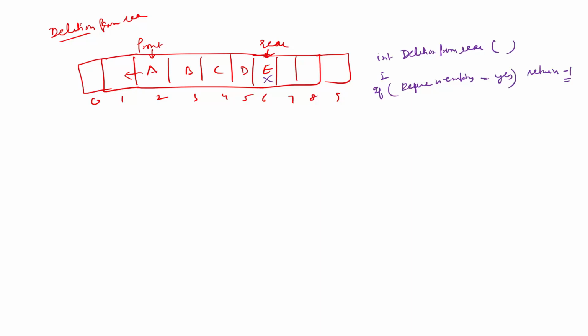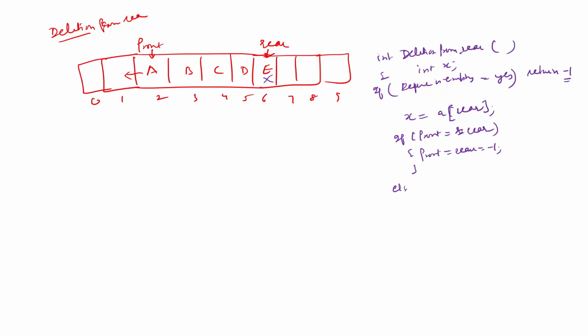The second thing is, you can copy the rear value into some integer variable x which you want to return, then update rear accordingly. Now what is inside the updation? The very first thing: if front is double equal to rear, that means there was only one element, you will have to set front and rear both equal to -1. That is the first case.